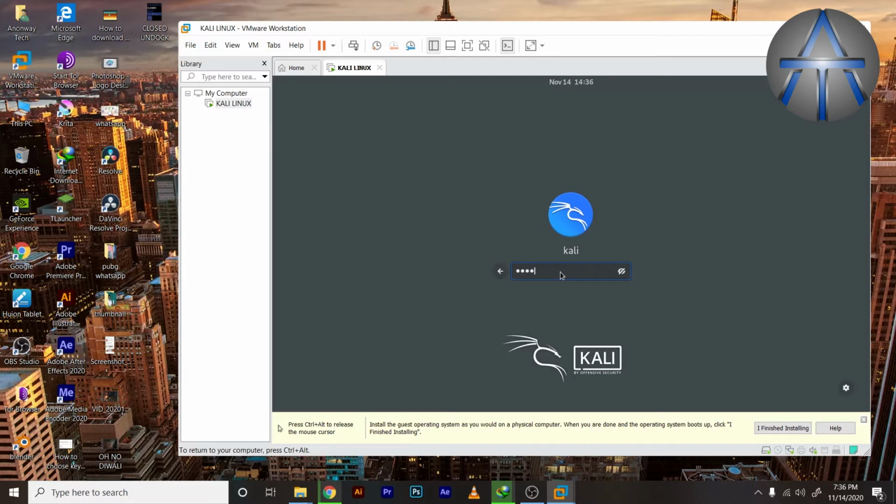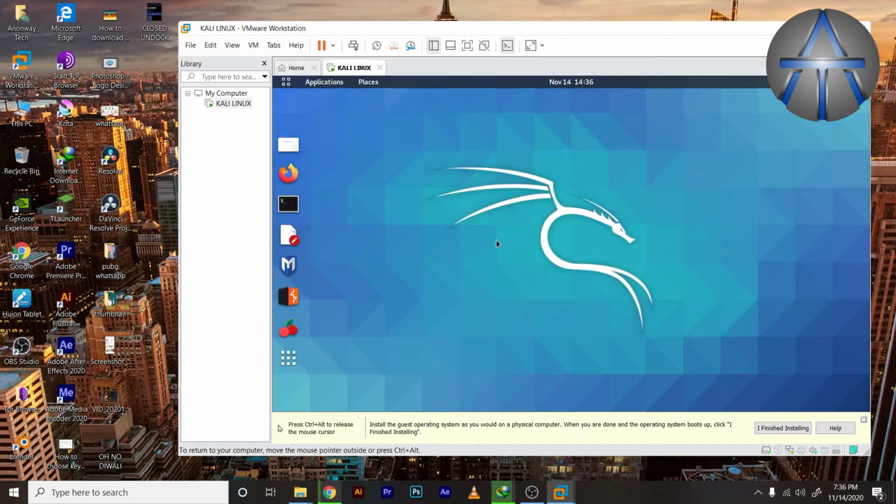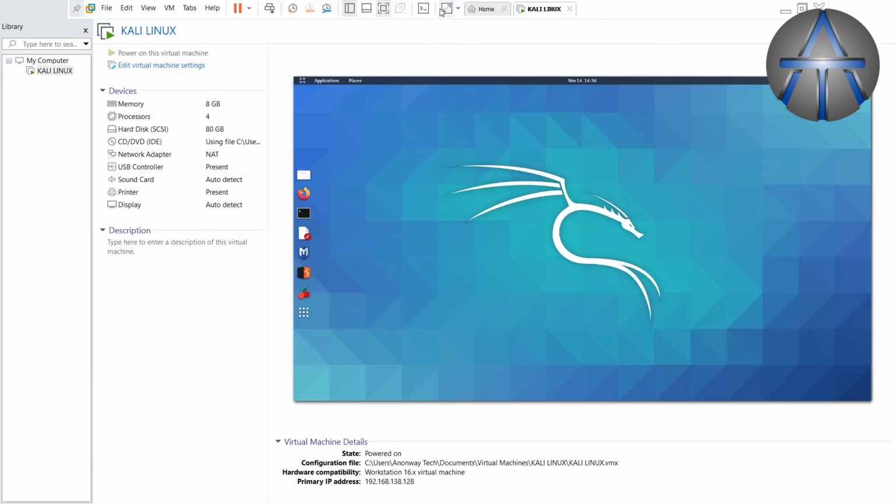Now it will ask you to put your password which you gave while you were installing your Kali Linux in your VMware. Here as you can see that my Kali Linux is installed now, and I will check what is new on this Kali Linux 2020.4 version.